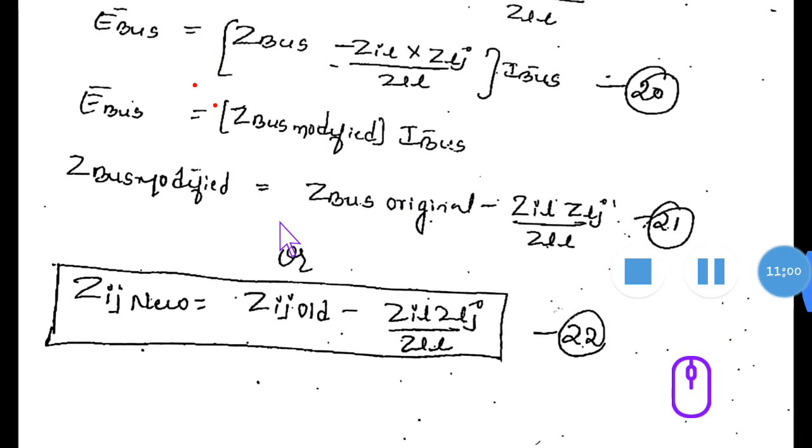We want this only modified for addition of link. If there is a link in the problem, first you have to add the row and column, afterwards that has to be deleted. L is added for addition of link. While doing problems you will come to know this. Okay, 2 steps extra you have to follow. First you have to add, after deleting, you have to use Z of Ij new is equal to Z of Ij old minus Z of IL, Z of LJ divided by Z of LL.